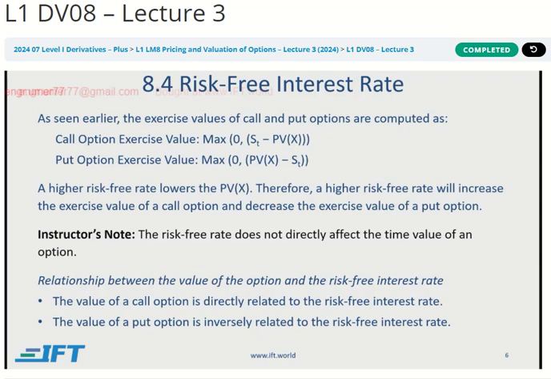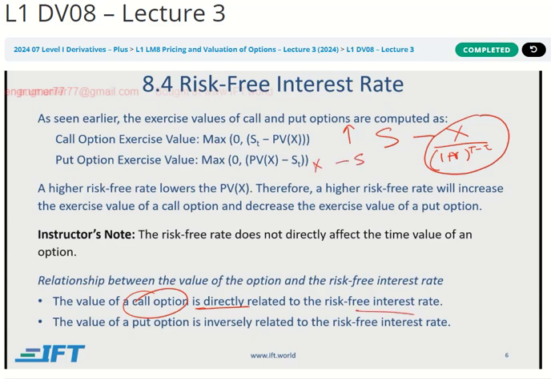Now risk-free rate, as I told you, for a call option, a higher risk-free rate will reduce this part of the equation, which means overall your profit will go up. So a higher risk-free rate is good for a call option, which means that a call option is directly related to the risk-free rate. However, for a put option, we have X minus S, whereas X is being reduced by the risk-free rate. Therefore, a higher risk-free rate will lower this part, which will overall lower the exercise value. So therefore, for a put option, it is inversely related to the risk-free